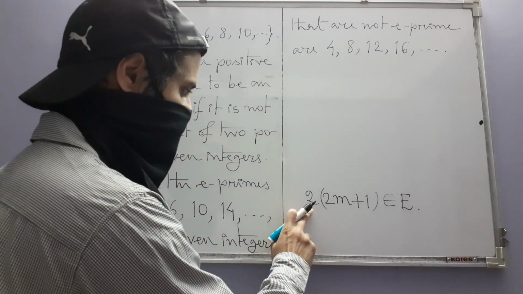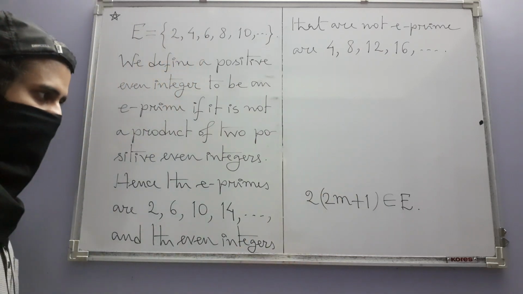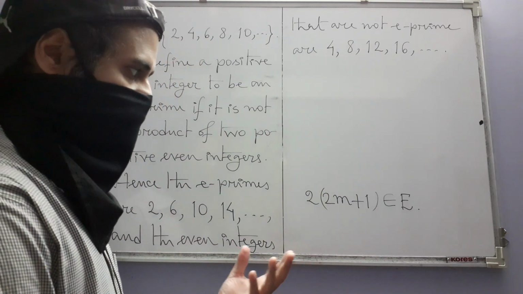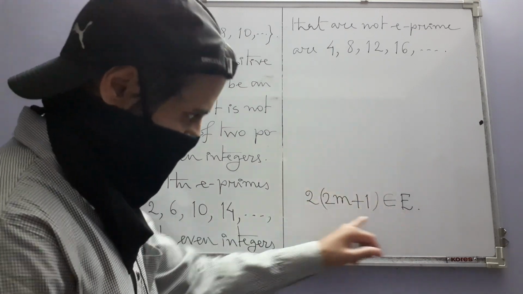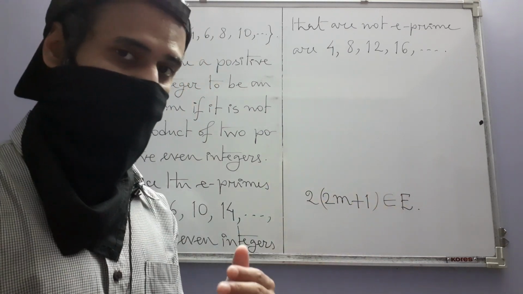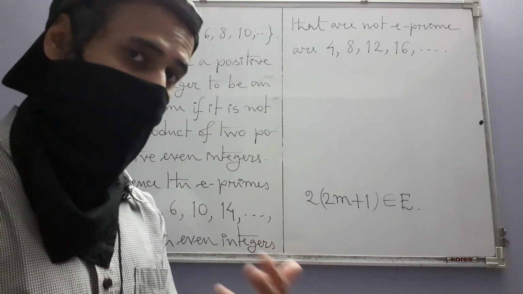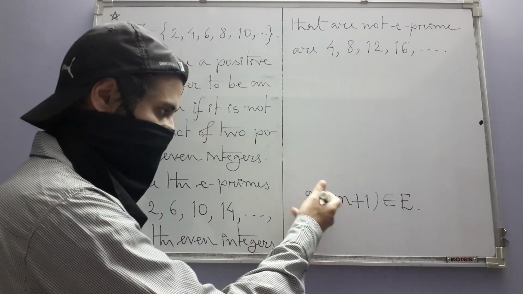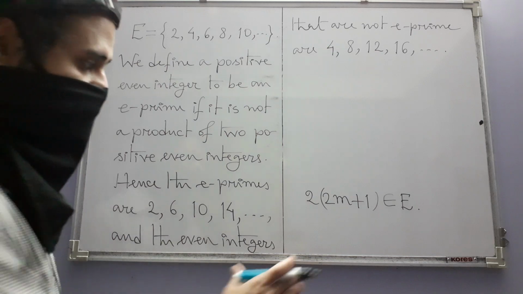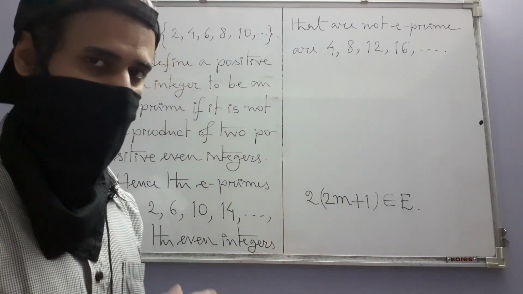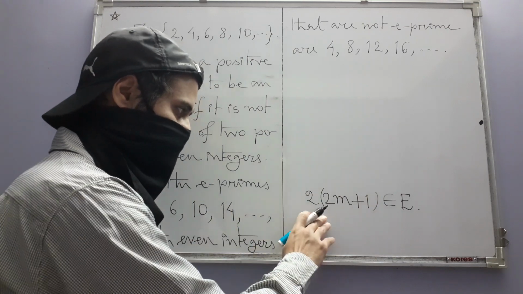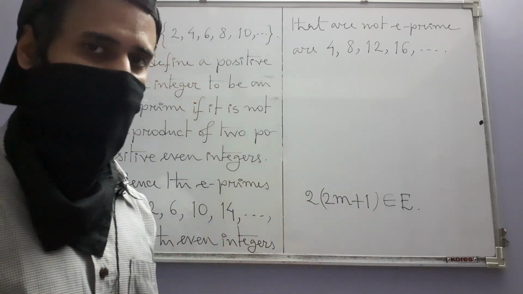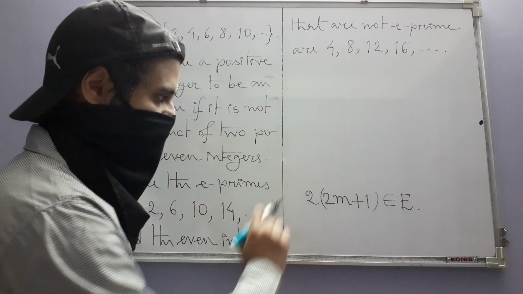But at the same time, you cannot write them as a product of two even integers. Why? Because then the entire thing would be divisible by 4. This is not that kind of number which will be divisible by 4. It's divisible by 2, fine, but then another 2 will not divide that thing, that is 2m plus 1, simply